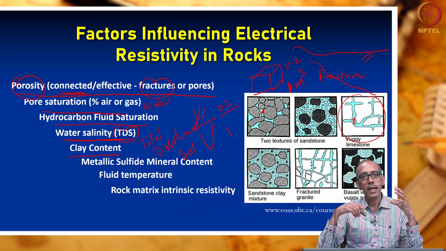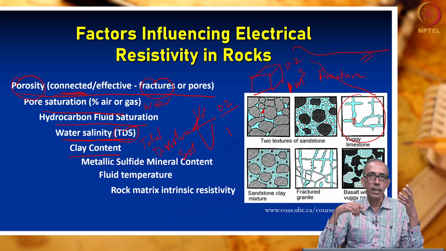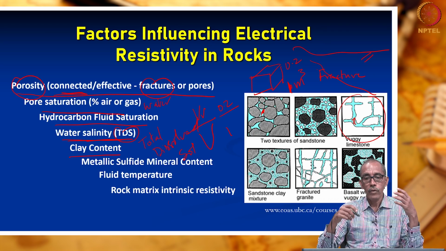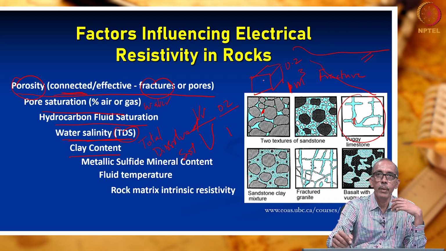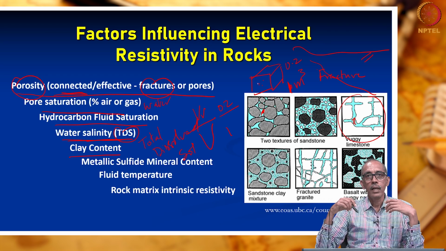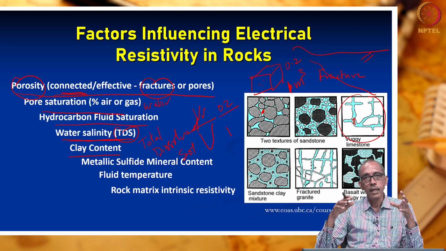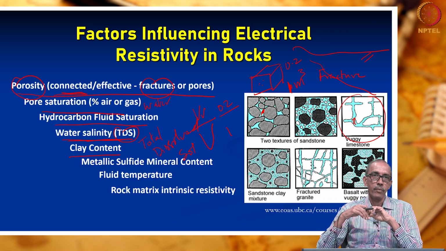Clay formation has the highest porosity, right? The porosity can vary between 40 to even 55%, which means if you have the same elemental cube made of clay, this box of 1 cubic meter, if you fill it with clay, how much water can we add? We can nearly add 0.5 cubic meter of water into this box. Why? Because the porosity of clay is nearly 50%.